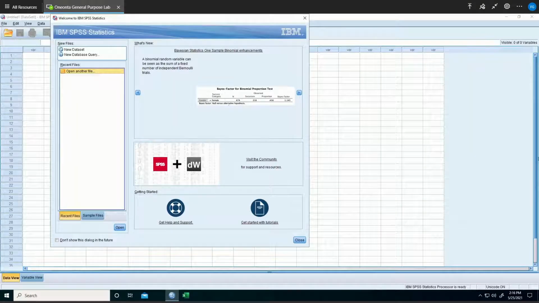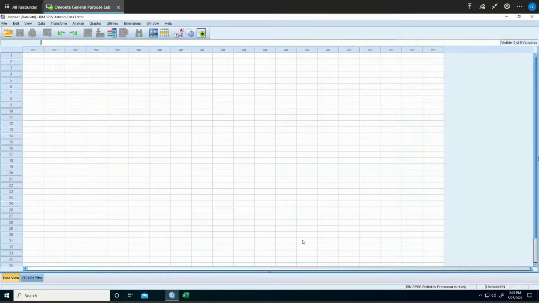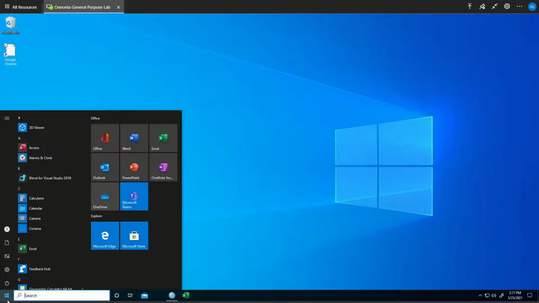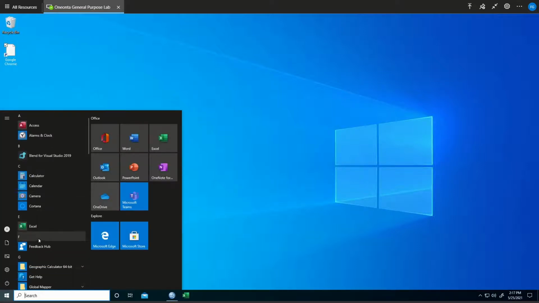Okay, and now that is finally open for me. I'm ready to get down to work. So I usually just close that open dialog box, and then I minimize this. And from here, we're ready to start working on the data exercises. You can actually go right to a web browser, and you can begin logging back into Blackboard on this remote